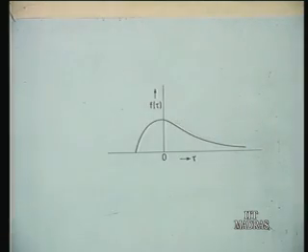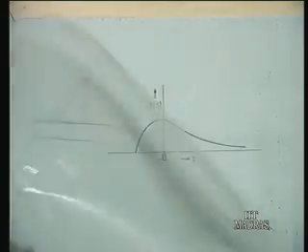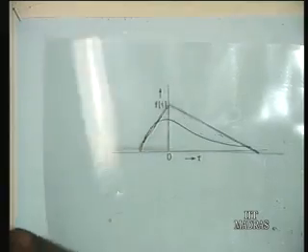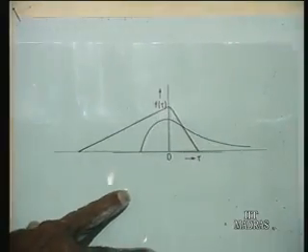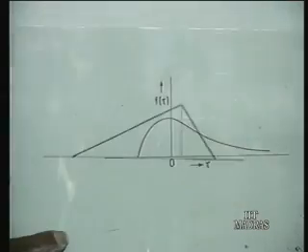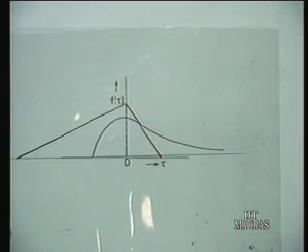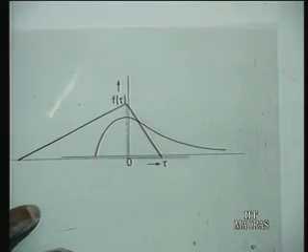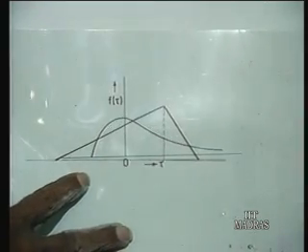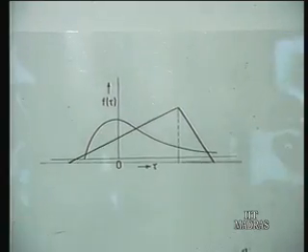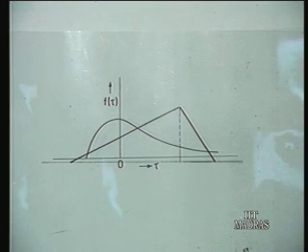Suppose this is f of t and then you are having a g of t here. This g of t is the triangular curve. So, what we are doing now is, instead of having g of t like this, you fold it like this. So, g of t originally was like this, now you folded it, that means you made this run backwards. This is now g of minus t. Now, depending upon the point where you want to find the convolution, you shift it like this. For various shifts you find out the product of these two curves and find out the area under that curve, and this is how one can calculate the convolution values, integral values for elementary time functions.